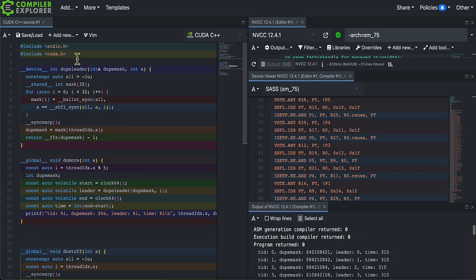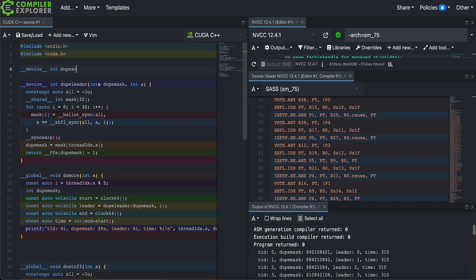Perhaps we have time to look at one more example. Let's say you know that your data is sorted. Then we can do it a lot more efficiently, because then the only thing we have to do for each thread is to look at the data of the thread just in front of it. If the preceding thread has the same data, well, then we know that our item is a duplicate. The code for this is as follows.